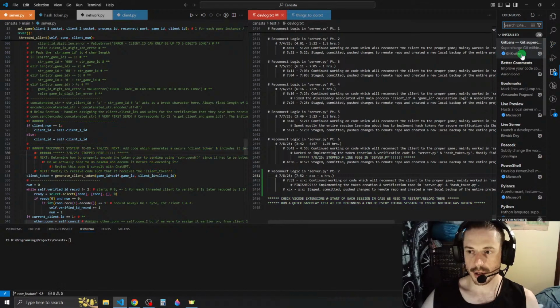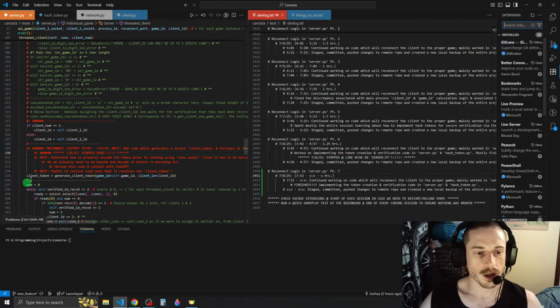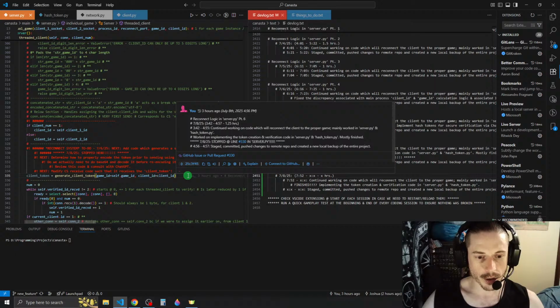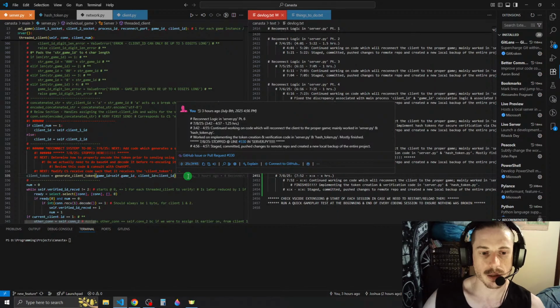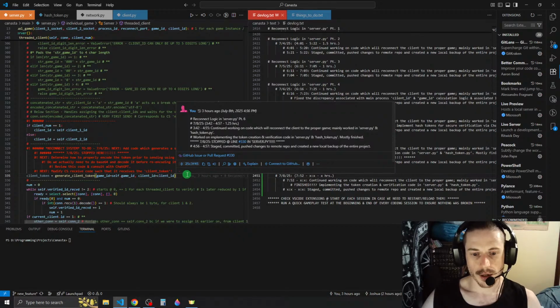Extensions got to restart. GitLens. I don't even know what GitLens does anymore. Oh yeah, right, it does git stuff. It shows when I last modified this line, and it tells me my last commit associated with each line. It's really cool, honestly. It's actually amazing, really. Anyway,